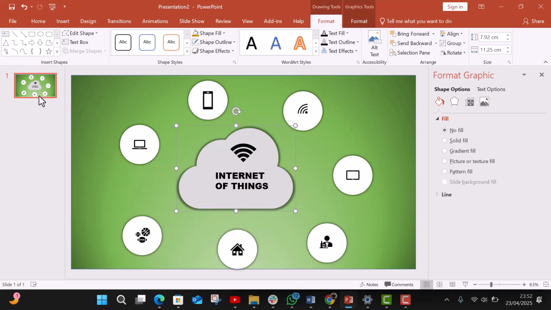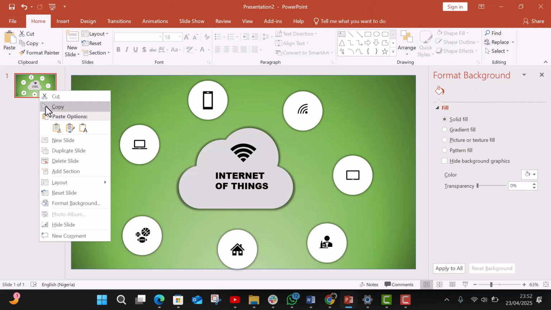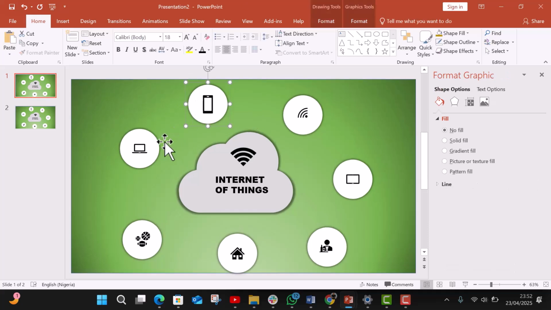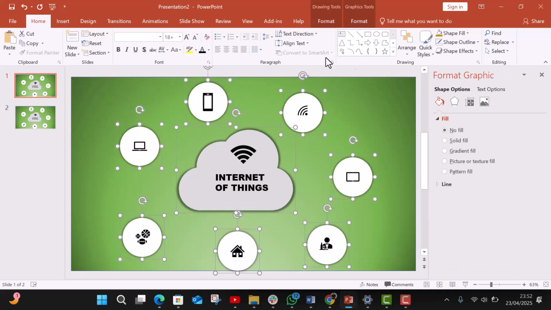Then go to your slide, duplicate your slide, go to the first slide, take all the smaller circles, select all the smaller circles, go to arrange from your home, okay, go to arrange,